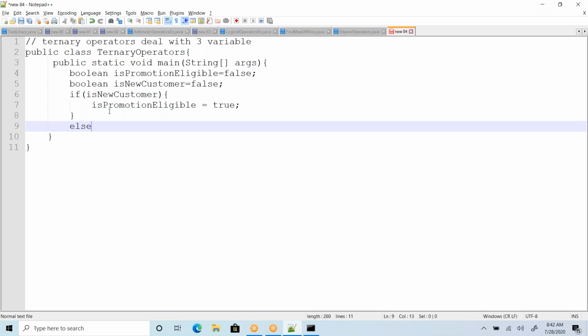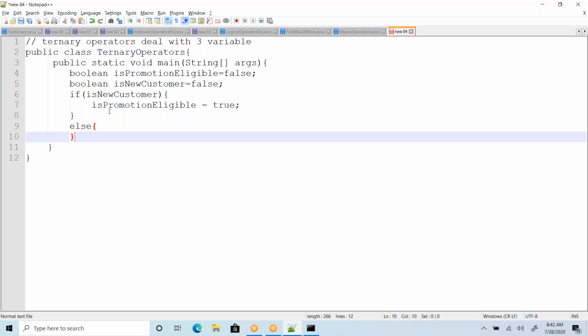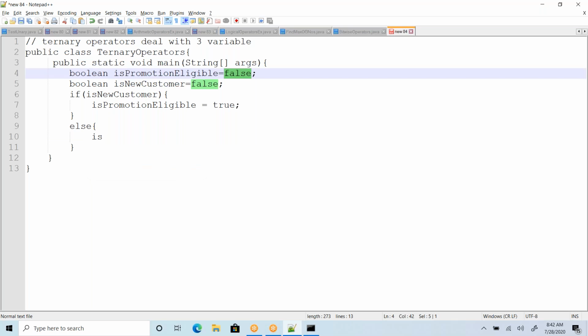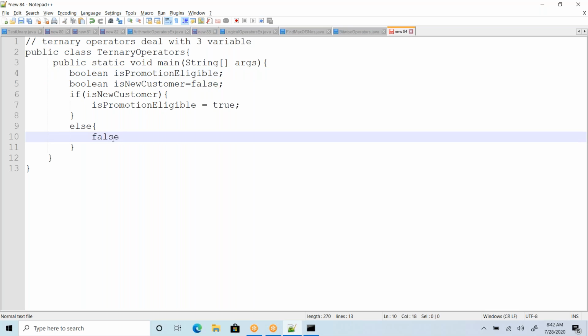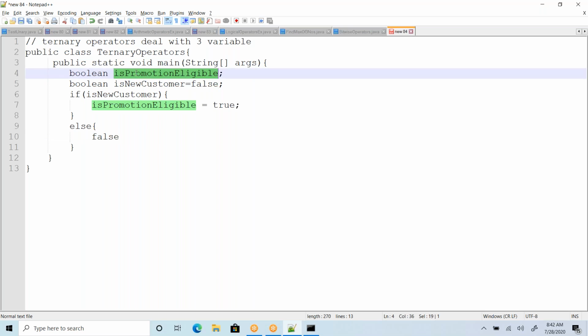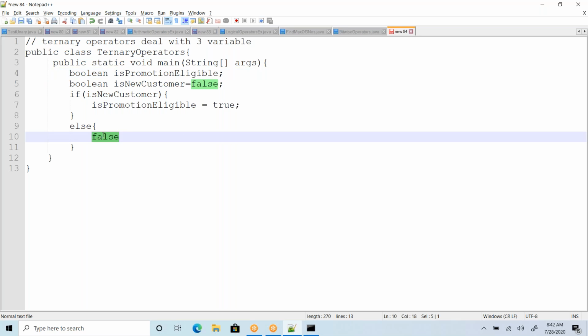Otherwise I am not going to do anything. But for you to understand, I'm writing an else block here, where I make promotion eligible false.